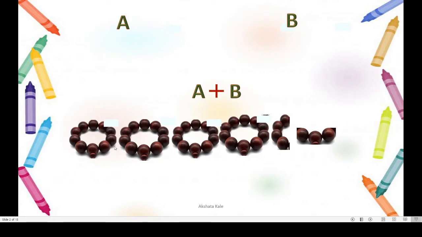I will write here 4 tens. Plus how many singles, means units, are there? This is 1, 2, 3, 4, 5, 6, 7. Here 7 units are there. Single beads we call units. Altogether 4 tens and 7 units, which means 47 beads are there in these strings. Okay, we will move further.